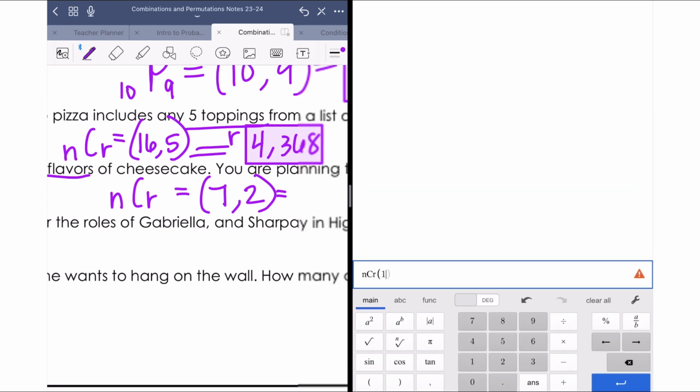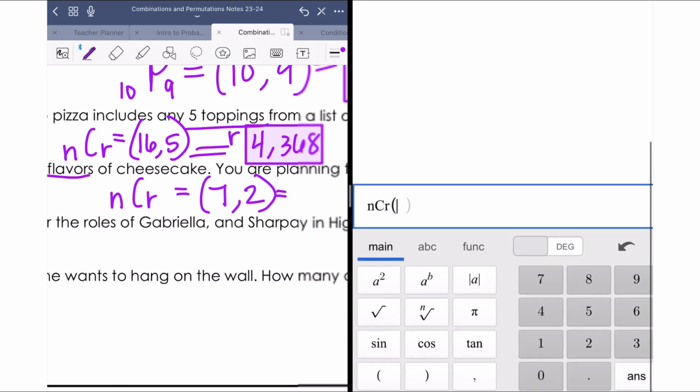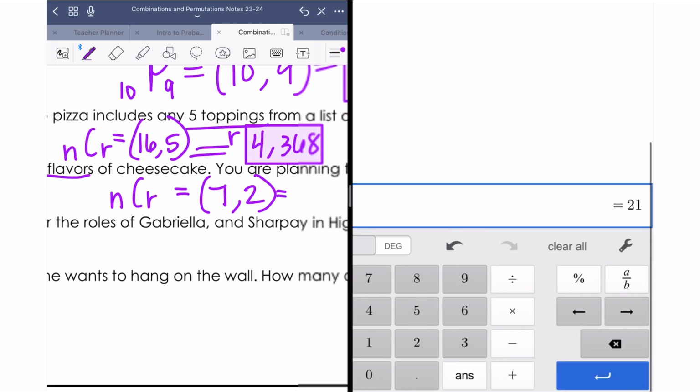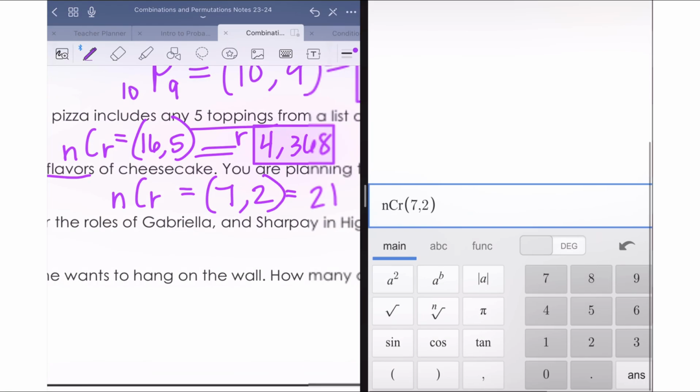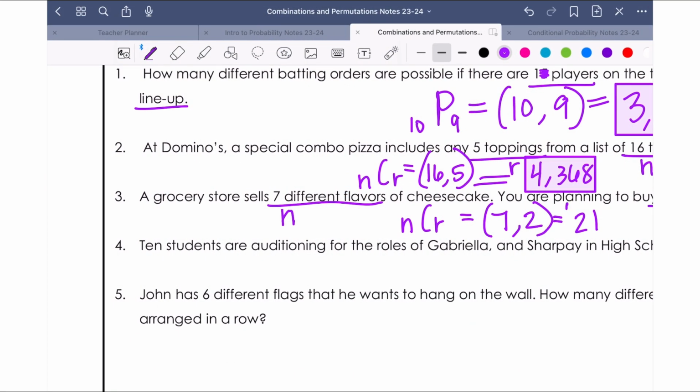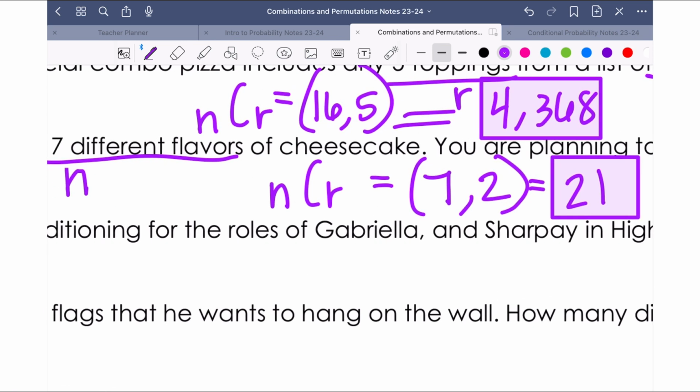All right, and then let's go calculate what that will be. So I'm just going to delete this. Okay. 7, 2. All right, let's see what number we got. There's 21 options. Combinations of cheesecake that you can get if there's 7 flavors, but you want to buy 2. Okay. All right, number 4